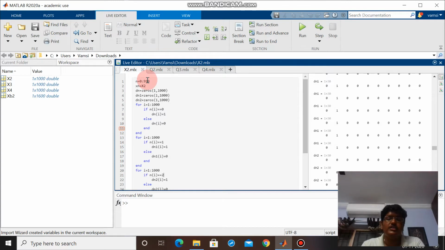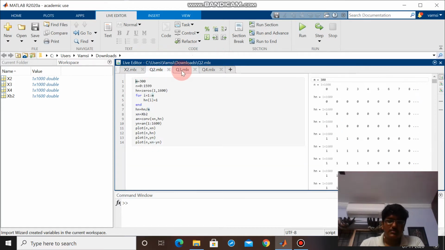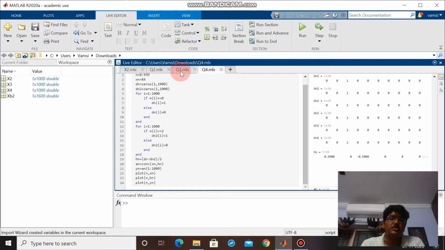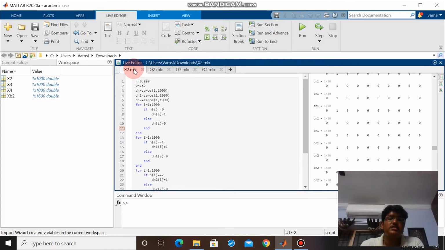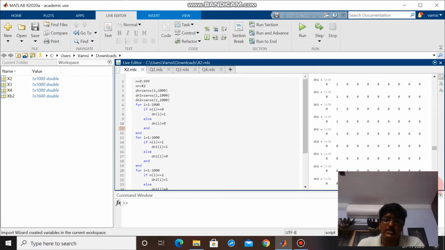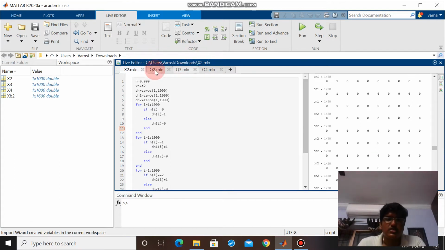As you can see, I have already written the code on the left side and the corresponding outputs were executed on the right side, in the command window. We were given 4 systems in our questions, and 4 different signals were also given. I have taken each signal for each system and noted the observations of each system. So now let's get started with the code.